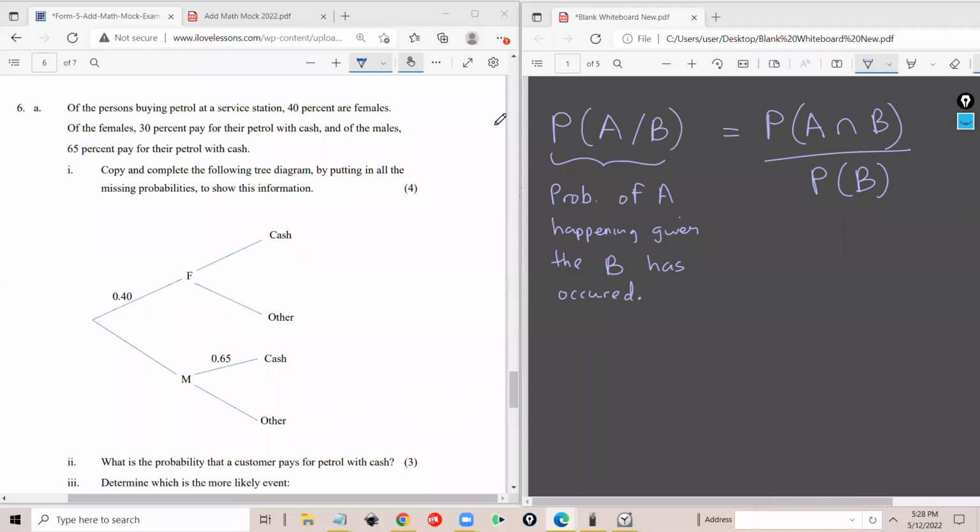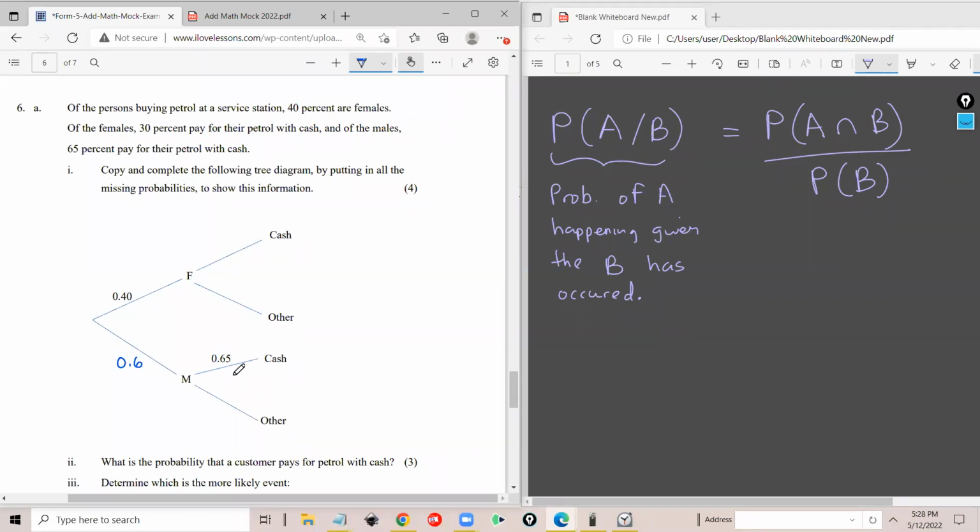Let me just fill out the table. And let's make sure we have that correct first, and then we could probably go and do some calculations. All right. So the chance of it being a female is 0.4. So what is the chance of the person being male? It's just the remaining amount, because remember, probability is out of 1. So how many people got the 0.6 here? Like you were able to reason that out,